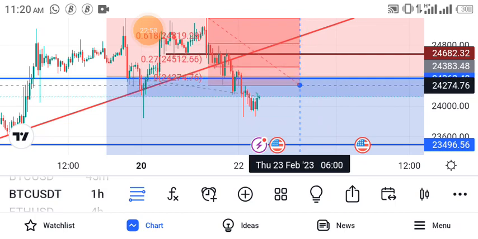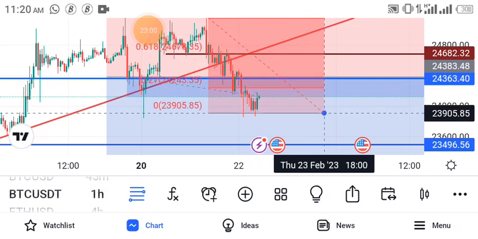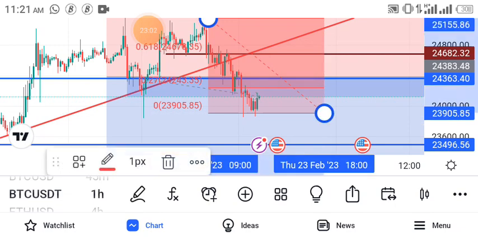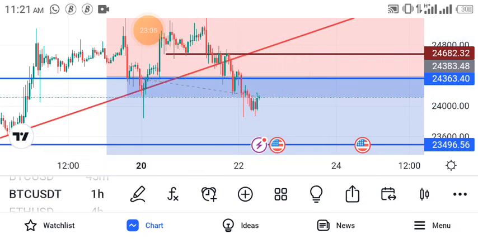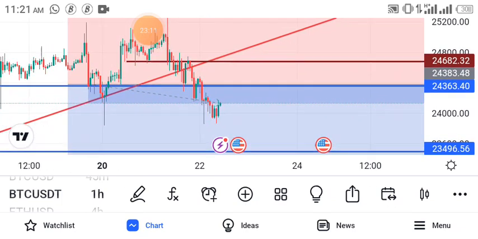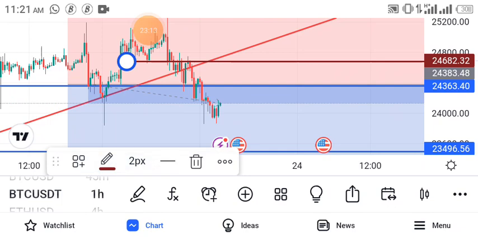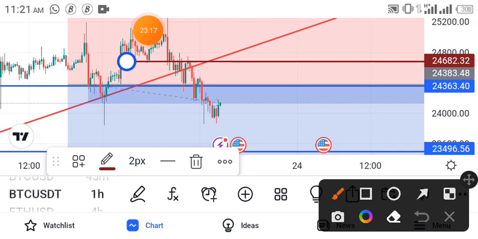So these two zones are possible. I think it can come back here, and also give us another double top vibes. It can still come back to this area that I marked out. So these two things are involved. So either I sell here,